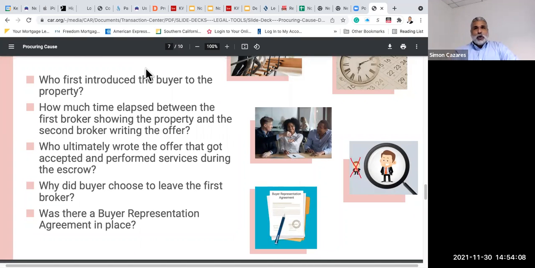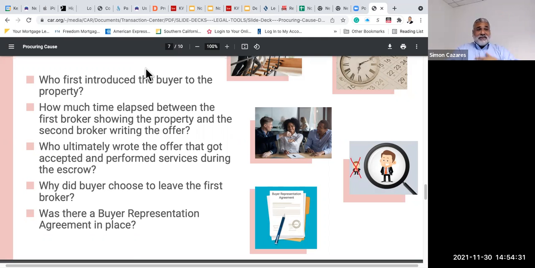Now it's the approach. It's how you approach the agreement. I'm not just going to throw out, you must sign this buyer representation agreement, because any buyer is going to be very defensive about it and probably will not sign on the agreement. And I've seen most agents that will never have a buyer say, oh, I don't need to sign a buyer representation agreement. And that's good and dandy.